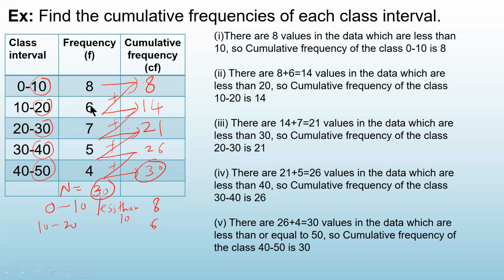तो दे आर 8 + 6 that is 14. 8 वैल्यूज आर बिटवीन 0 and 10, मतलब 10 से छोटे हैं तो 20 से भी छोटे होते हैं. और ये जो बिटवीन 10 and 20 है, दे आर ऑल्सो लेस देन 20. So 8 + 6 that is 14. तो इस तरह से हम हर एक क्लास इंटरवल का क्यूमुलेटिव फ्रीक्वेंसी निकाल सकते हैं. जो अभी मैंने आपको एक्सप्लेन किया, दैट इज व्हाट आई हैव रिटन. ओके, सो आई डोंट वांट टू रिपीट इट.